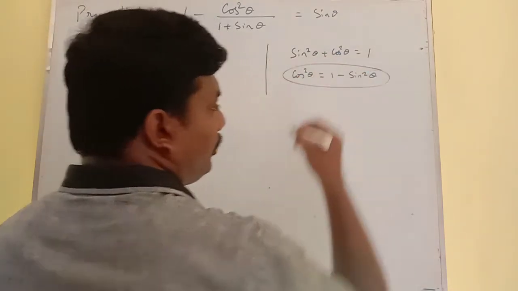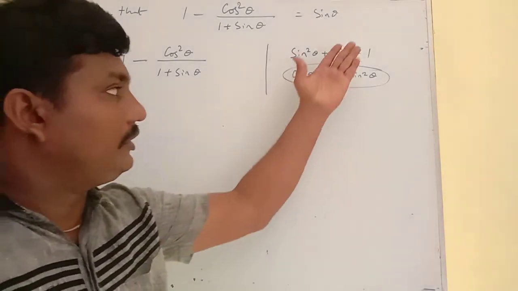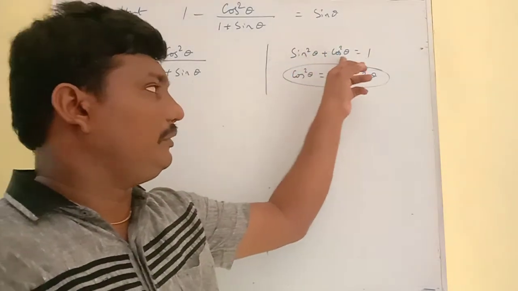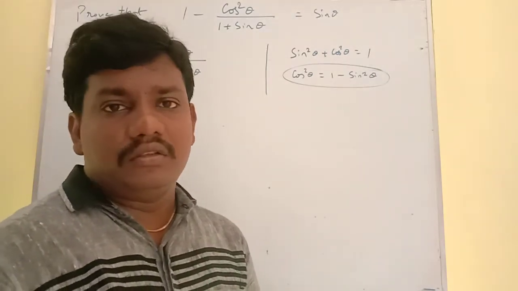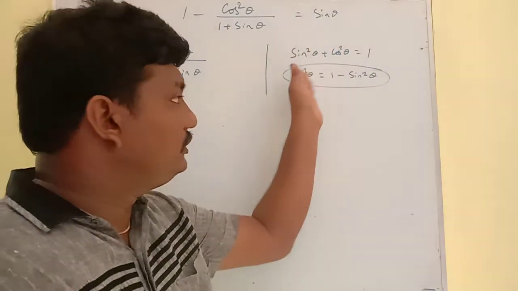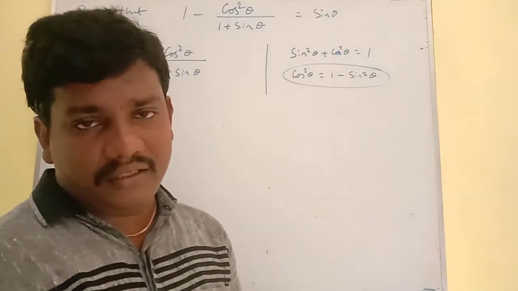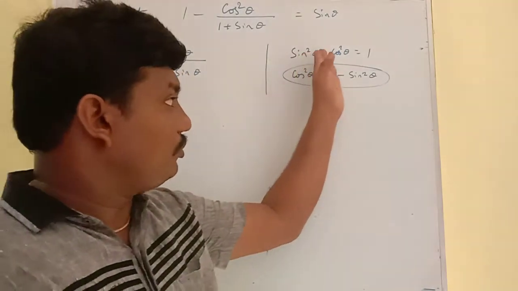This is also a trigonometric identity. This is another form of trigonometric identity. The original form is sin square theta plus cos square theta equals 1. So whenever we require identities, we can use this identity. Cos square theta equals 1 minus sin square theta, or sin square theta equals 1 minus cos square theta,